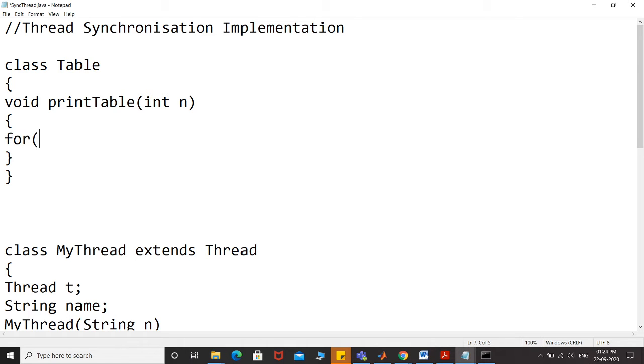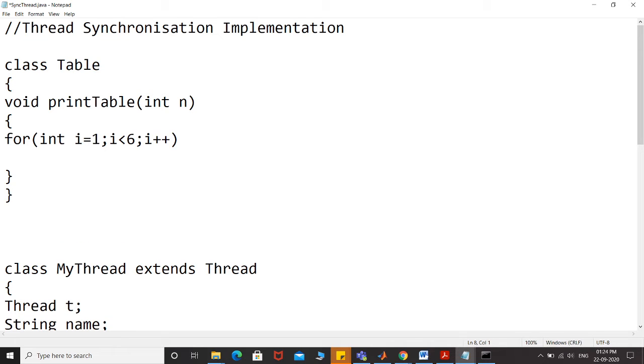Let it be for int i = 1, since we are printing a table, i less than 6, and then i++. After that I can simply use System.out.println to print the value of the table, so that will be n * i. That's it, this will print the table.